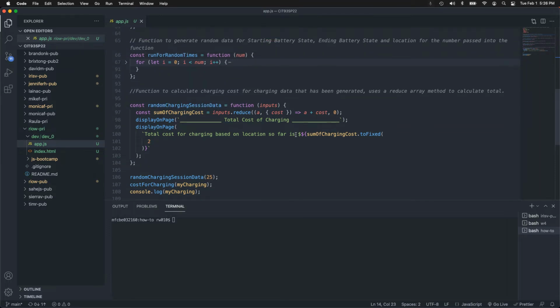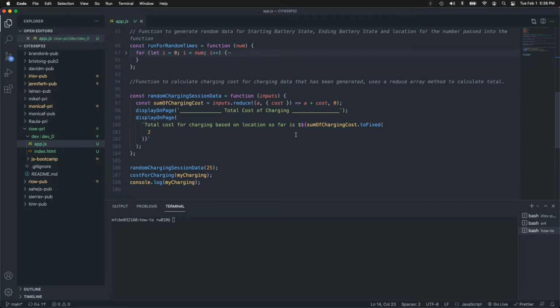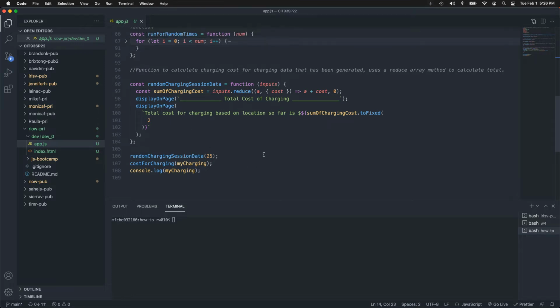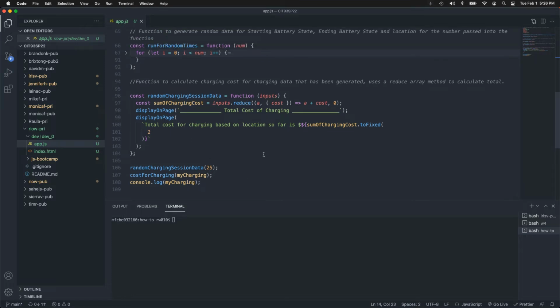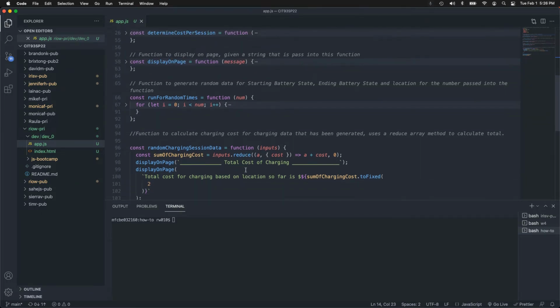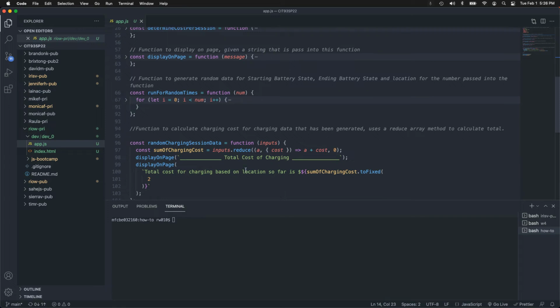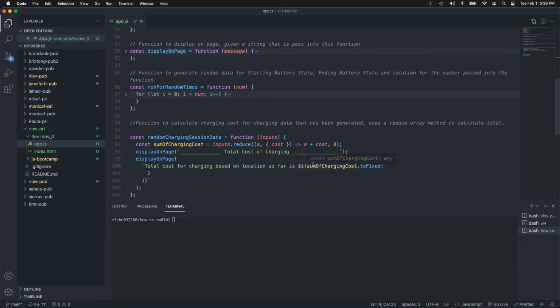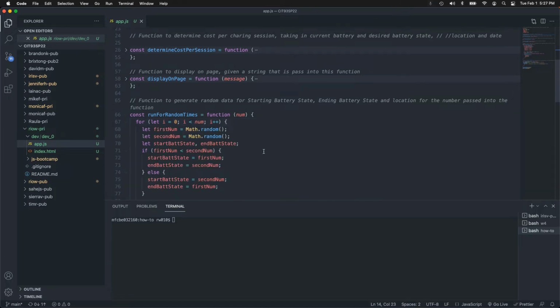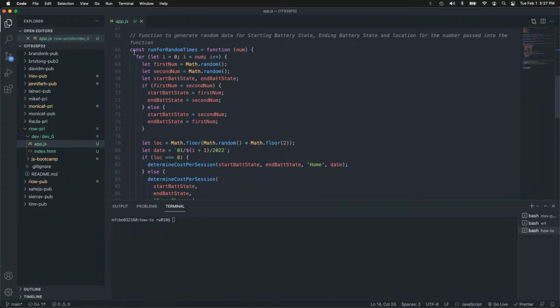Is it here? Oh, actually, no, it's here. Sorry, I was wondering where I was calling that. Oh yeah, it is here. It took me a minute. It's so funny. Sometimes when you write code, you have to remember where things went and why you did it. So here's where I'm calling it, where I generate some random data basically. That's what I'm doing here.